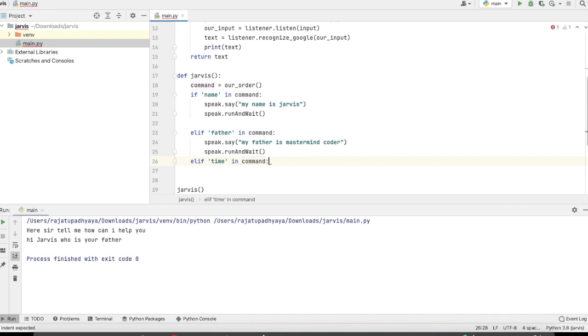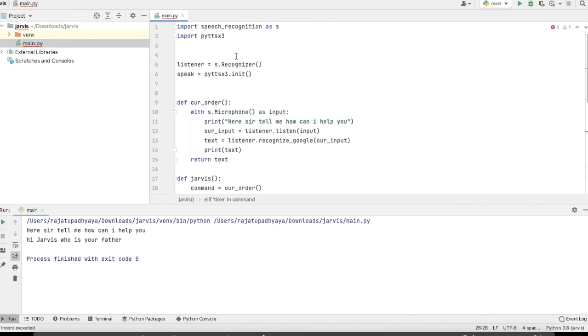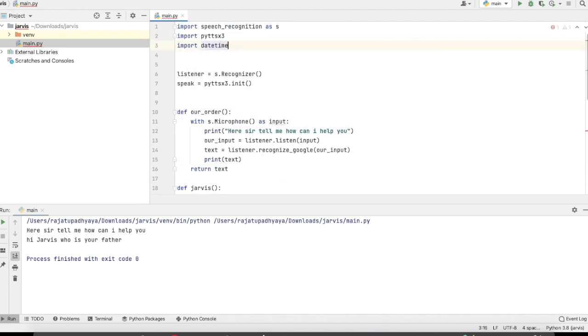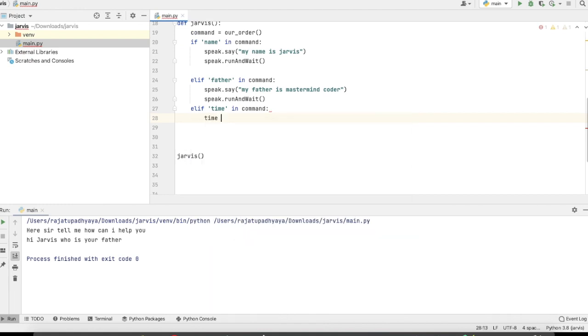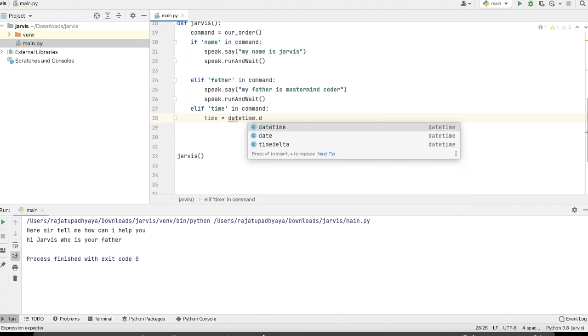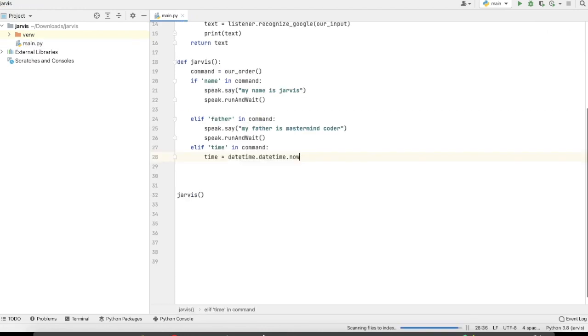So for time we have to import datetime. Just import datetime here. Here we are going to make one variable, time, as datetime dot datetime dot now, and we just need to do str of time.